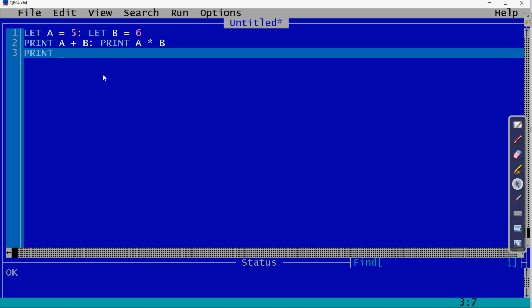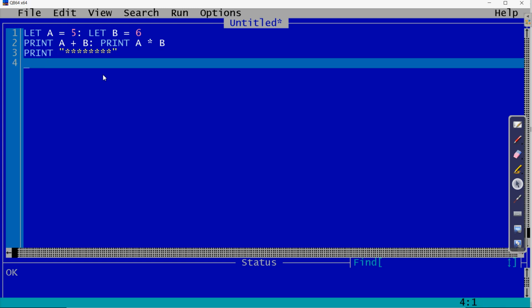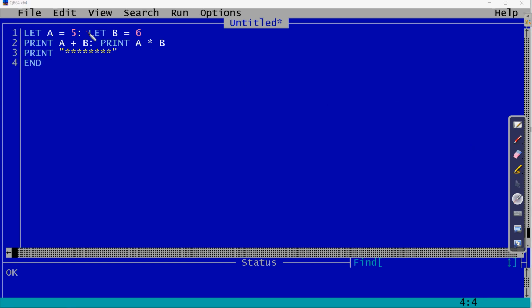Then in the third line, if you want to print some characters, we can use the double quotes. In the double quotes you can write any of the characters. Suppose I am writing star. Clear? Then press enter and write the end command at the last. So try to understand these lines first. In the first line we have assigned a value to a variable. Clear? So in variable a we have assigned 5, in variable b we have assigned 6.